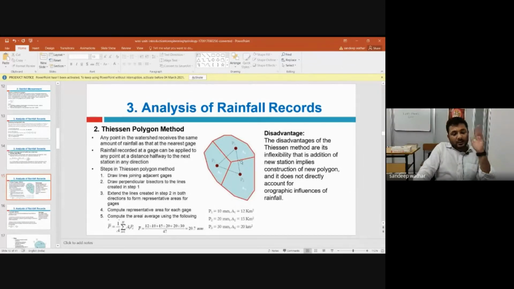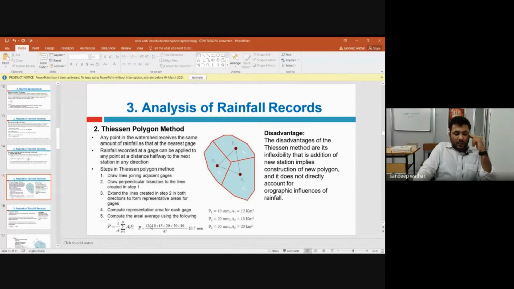Okay. I'll sum this up. Now see here, P1 A1, P2 A2, P3 A3 is calculated. P1 is multiplied by A1, P2 is multiplied by A2, P3 is multiplied by A3. Then we'll take the sum of all of this.